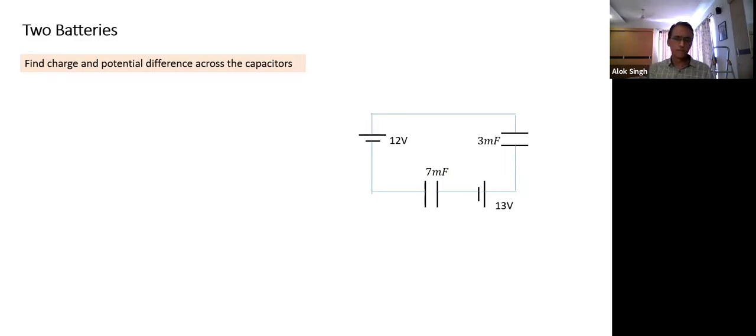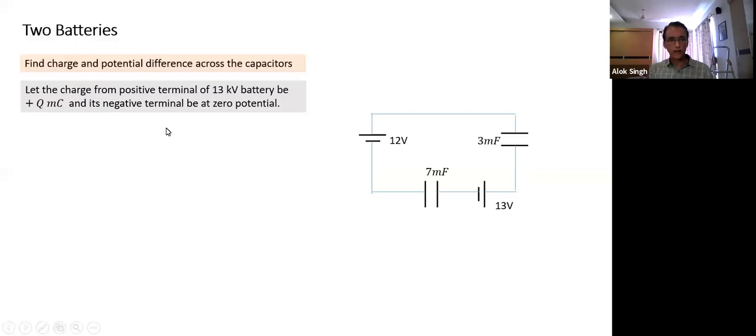I'll tell one method. So basically, what is the method we assume? See, in all cases, this battery is connected. When a battery is connected, it will transfer some charge from the negative side plate to the positive side plate. Or sometimes we say the battery will transfer a charge equal to Q. It means it will send a charge plus Q here, and it will send a charge minus Q here. Even S.C. Verma also used plus minus.